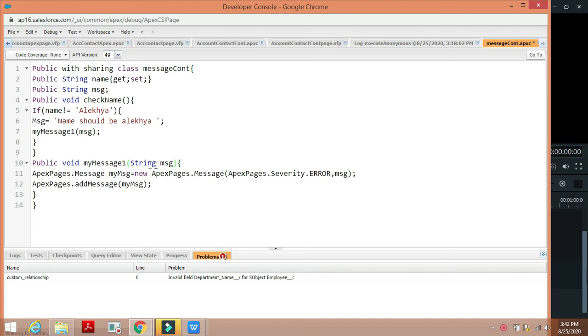See, now it will get executed. So let's save this and move on to the VF page for this Apex controller.